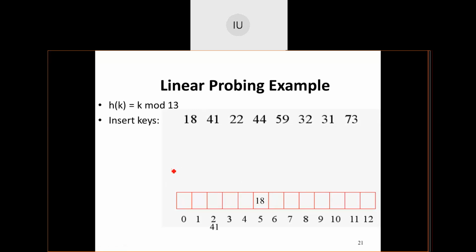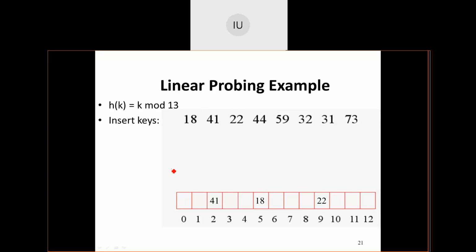It's 2. Correct, 41 is placed at 2. Then 22 at 9. 22 mod 13 is 9. 44. Where does 44 go? Check it correctly. 5 it is.